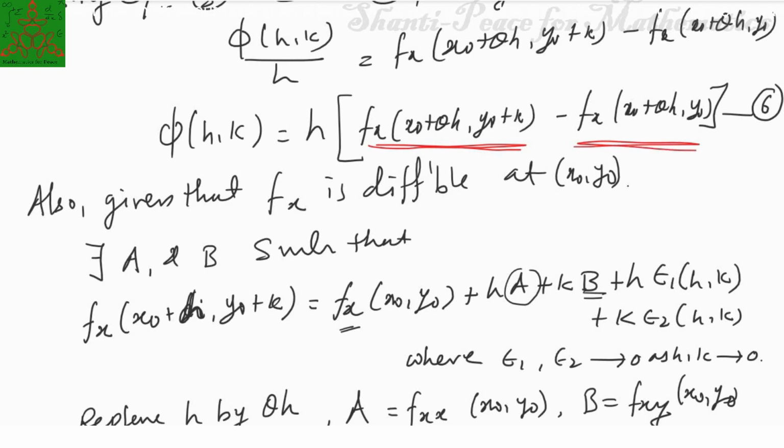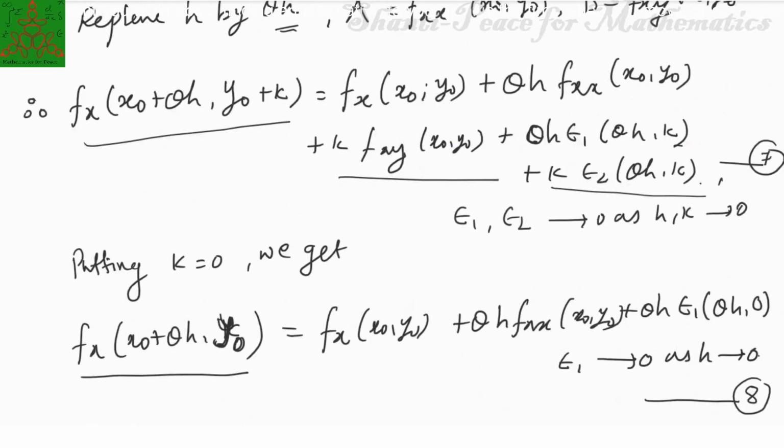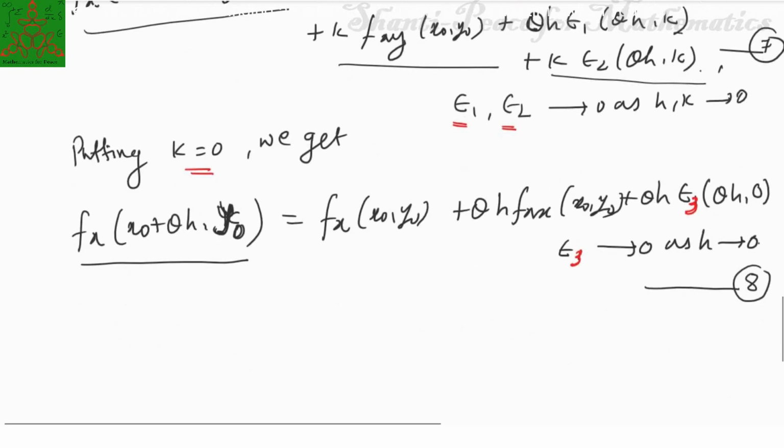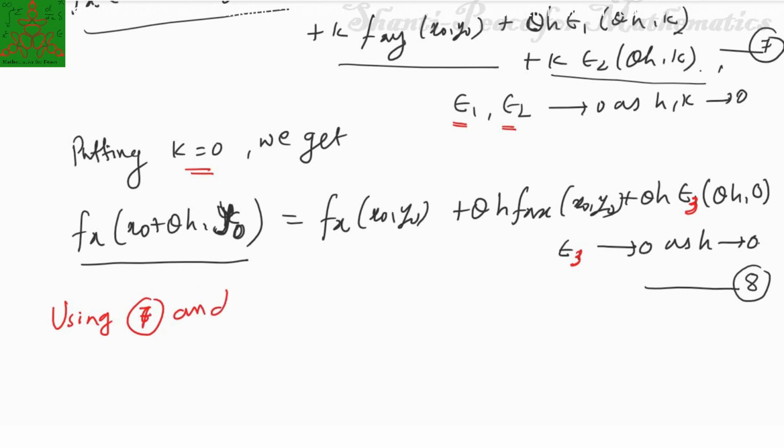So if I use those 2 values here in this equation, one more thing we can get here is that since this epsilon 1 and epsilon 2 are used here, for k equal to 0, it may happen that some other function will come up here. So I just denoted it as epsilon 3 here. Now using these two values, using 7 and 8 in 6,